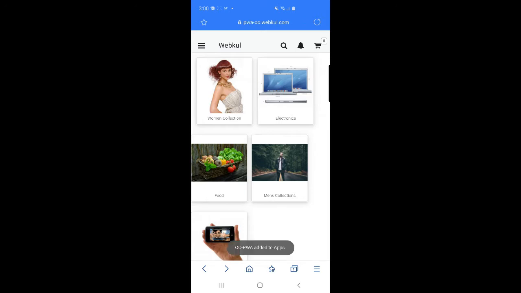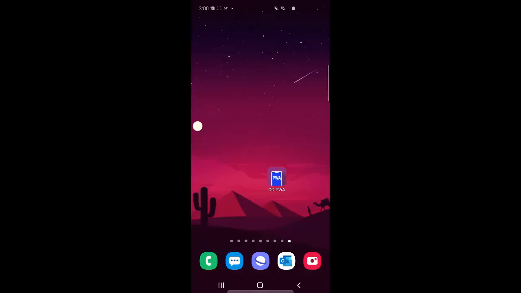So let me take you to my home screen. Now you can see that the notification was there for successful installation. So I'll just take you to my home page to show you the installed shortcut. So here is the shortcut that has been installed on my mobile device for my Opencart Headless progressive web app. And from here, now there's no need to access the web browser. Now we can directly